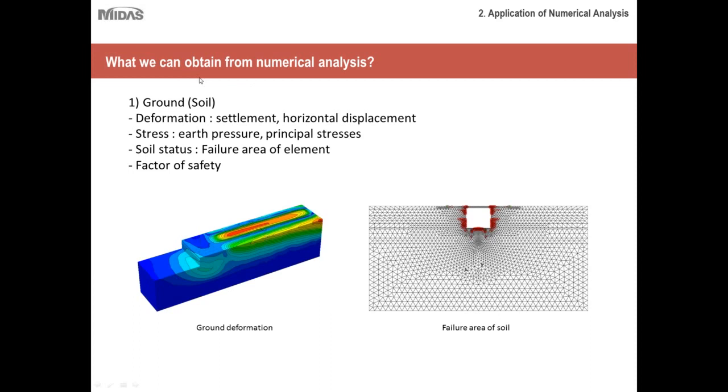Okay, what can we obtain from numerical analysis? From the ground specifically, from soil elements, we can obtain the deformation, settlement, and horizontal displacement. If you look at these two models here, these are examples of post-processing models for numerical modeling. As you can see, via these contour graphs, we're able to see where the displacement is critical or at its maximum. That would be those red points here. That's something very unique to numerical modeling, that you can directly calculate the displacements